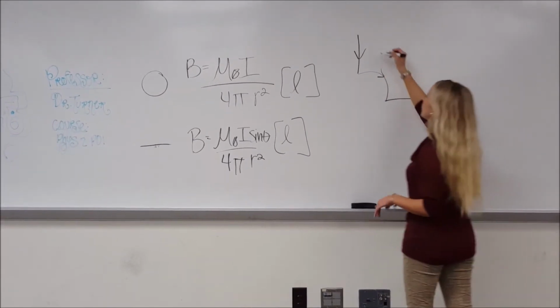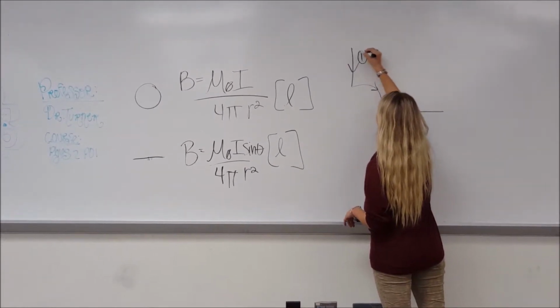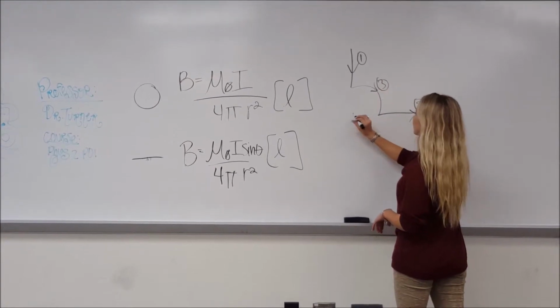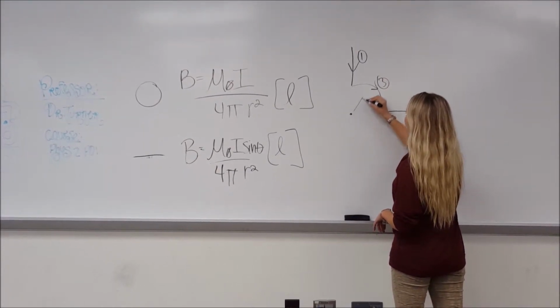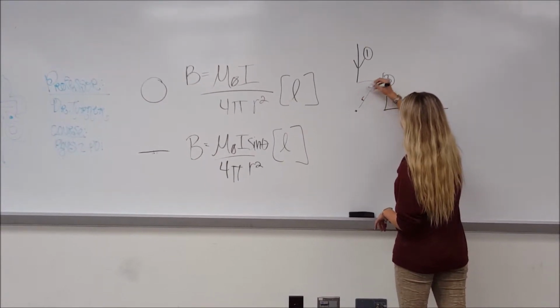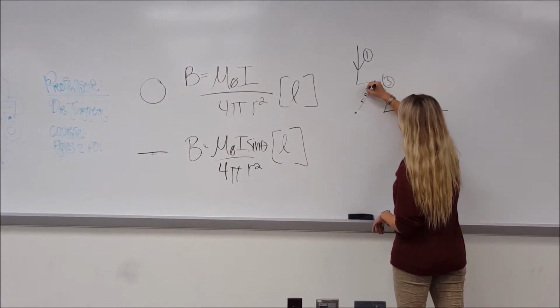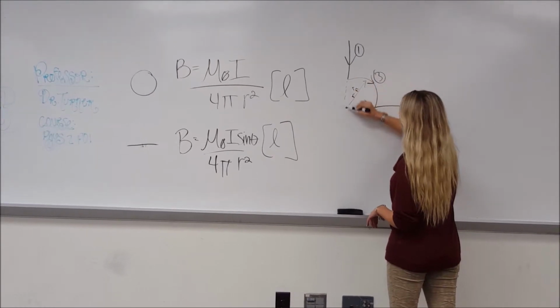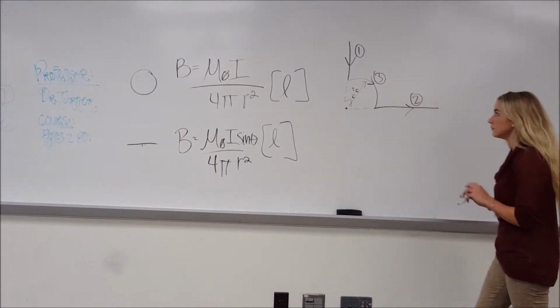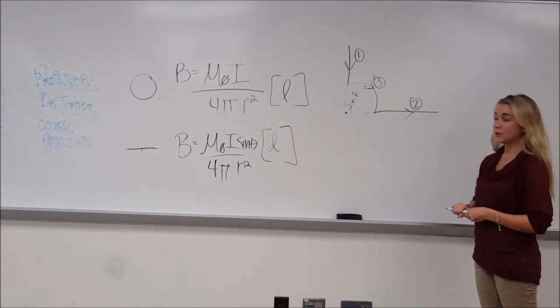We're going to break this up into 3 different line segments: segment 1, segment 2, and segment 3. We have a point at the center of this semicircle with a distance r and a direction of r hat, and it forms a 90-degree angle with lines 1 and 2. So, given what we know now,